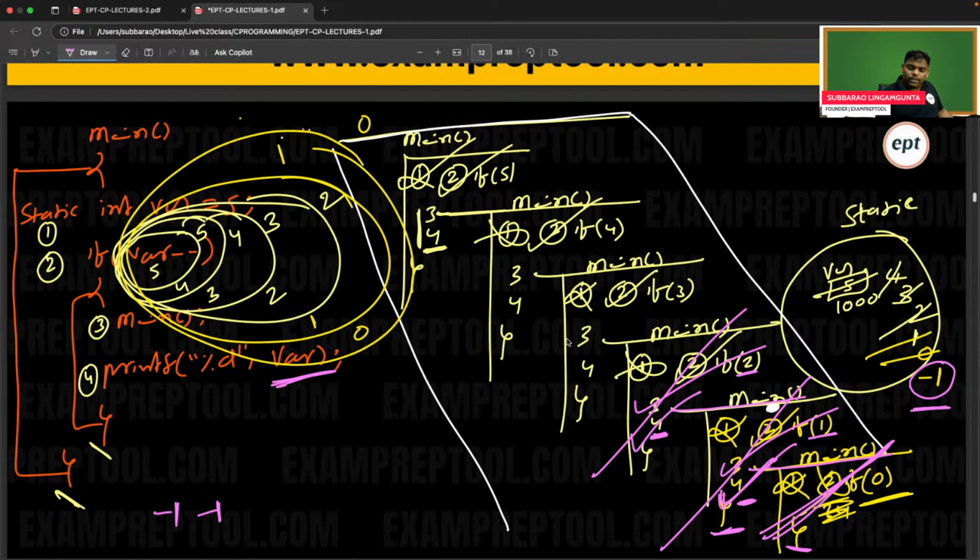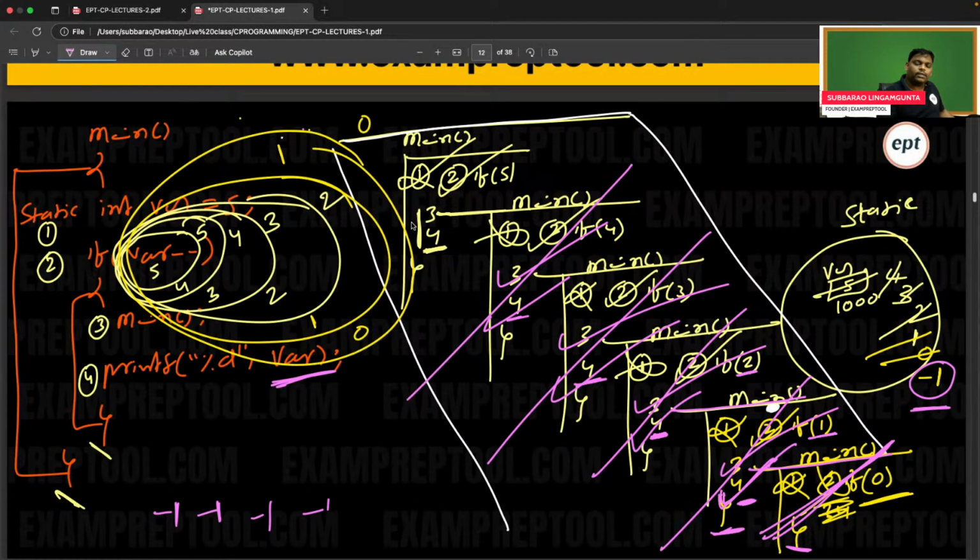Anyhow, this is completed, this is over. So now the fourth line, print where, -1 will be printed. This is also completed, so print where, -1 also printed. This is also completed, so -1 also printed. If you want, you can observe how many functions are pushed. First main, next main, next main, next main, next main. I think 5 times,